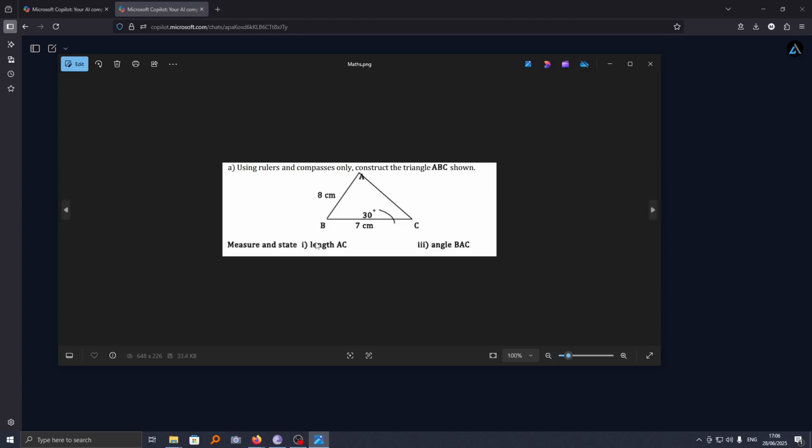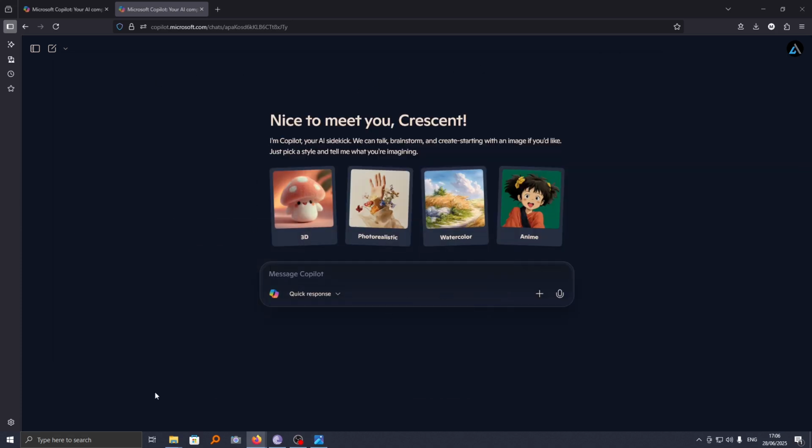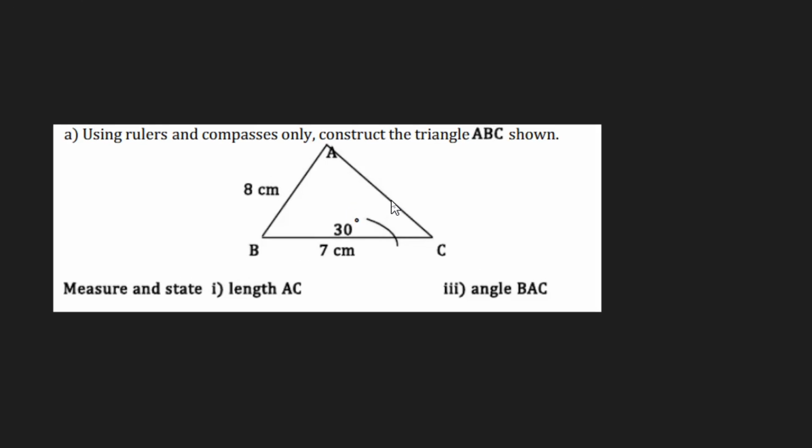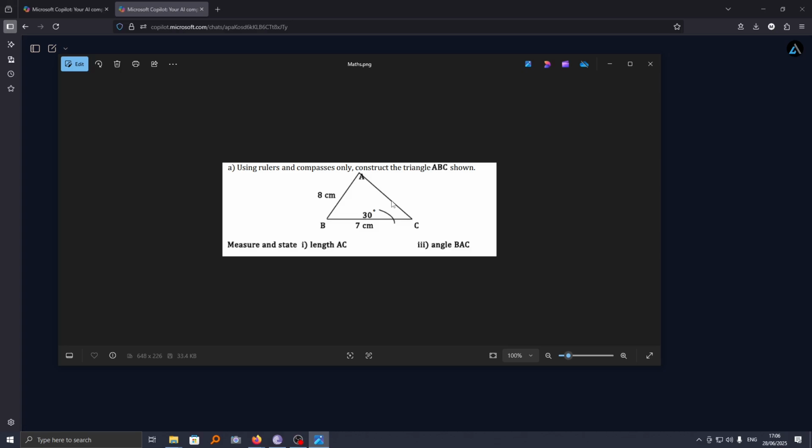In this tutorial, I'm going to show you how you can solve complex mathematical problems using Microsoft Copilot. As you can see, I'm in Microsoft Copilot and I have here a question or a mathematical problem in form of an image, and I'd like Microsoft Copilot to go ahead and solve it. So if you have any complex mathematical problem, you can just go ahead and use Microsoft Copilot to be able